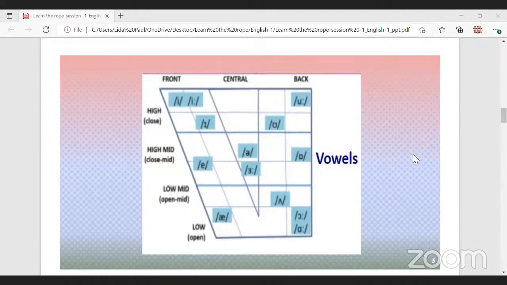Now, what is high, mid, and low? This is based on the height of your tongue. If your tongue is raised in the production of a certain vowel, like for example the short vowel i and the long vowel ee, in the production of both these vowel sounds, the height of your tongue is raised. You can try it yourself. Say i and ee to yourself and pay attention to the height of your tongue. If it is high, as in the case of short i and long ee,